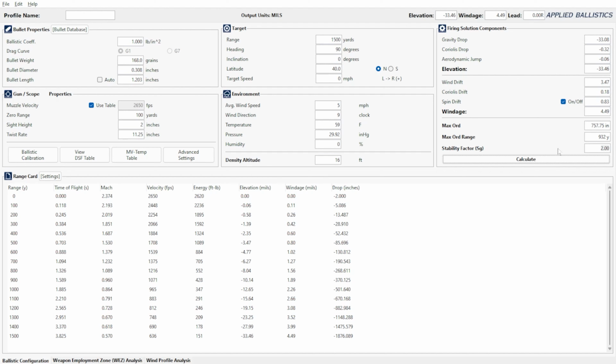And then if you get an SG below 1, then that is not stable at all, and that is actually likely to tumble. So we can change the twist rate here just to give you an idea that if we, for example, had a 1 in 15 inch twist rate, that would give us a stability factor of 1.12. So in these atmospherics, it would just about be stable, but where you might run into problems, for example, is